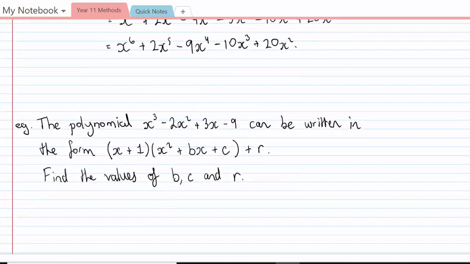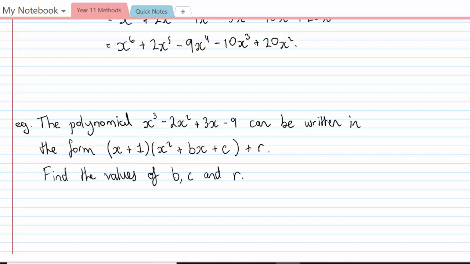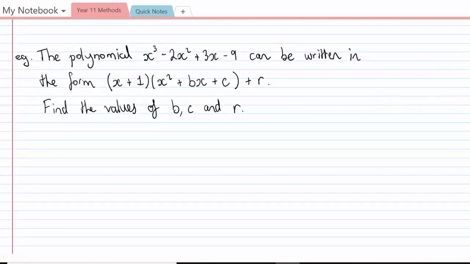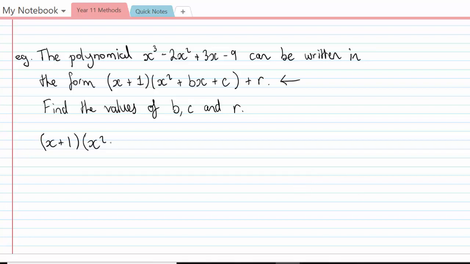There's one more thing for us to look at here, and that is the process of equating coefficients. So we've got some polynomial, x cubed minus 2x squared plus 3x minus 9, which can be written in this other weird form here. Find the values of b, c, and r. So what I'm going to do here is expand this form right here. Okay, so x plus 1 multiplied by x squared plus bx plus c plus r